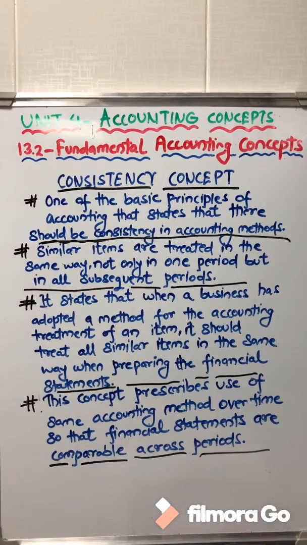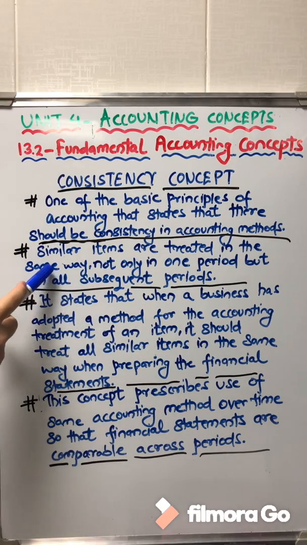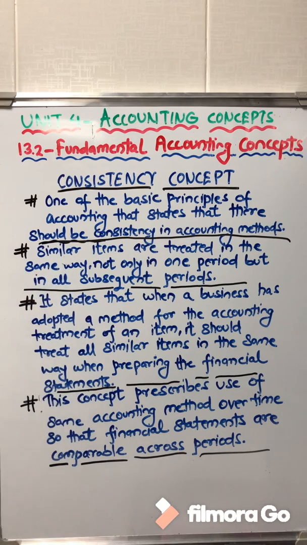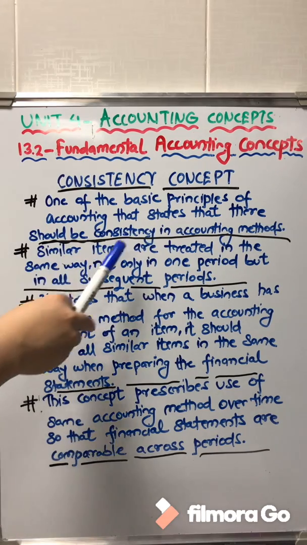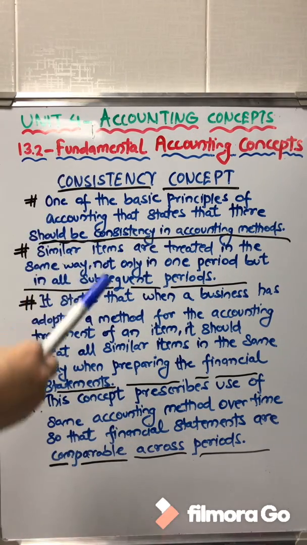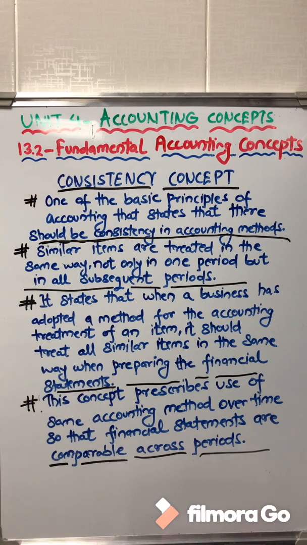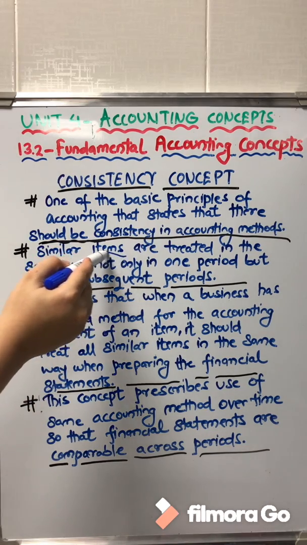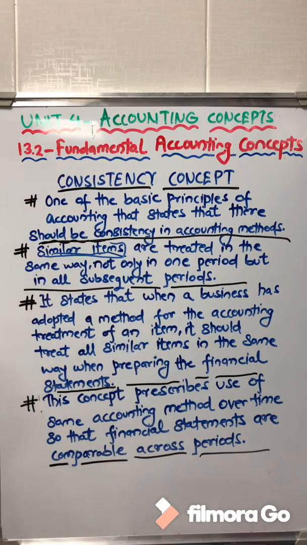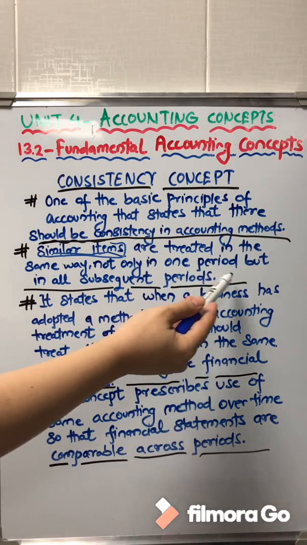As I said earlier, I'll be giving many examples on this, but here, to define this particular thing, I want to give one simple example. Similar items are treated in the same way, not only in one period but in all subsequent periods. What does this mean? Which are these similar items? Take depreciation, for example. If you are taking the straight line method of depreciation in one period,